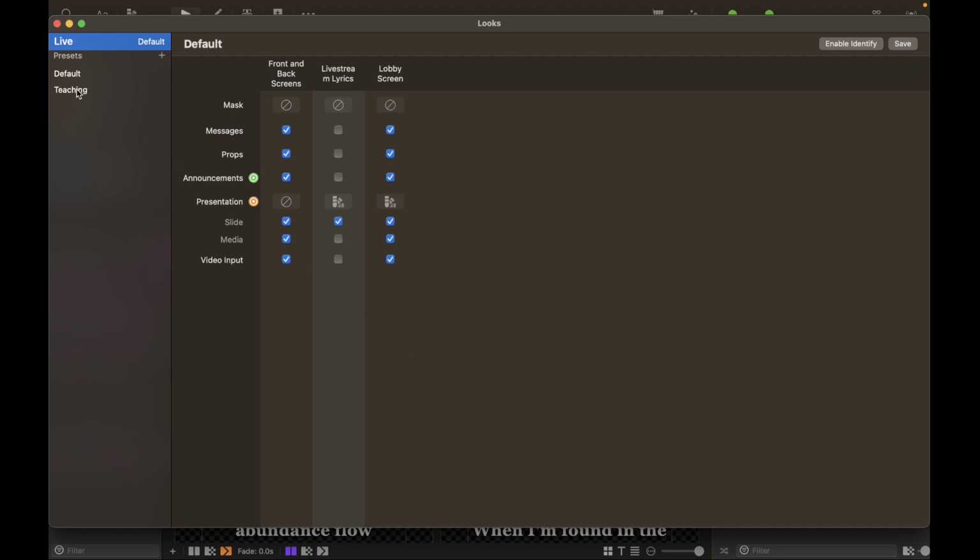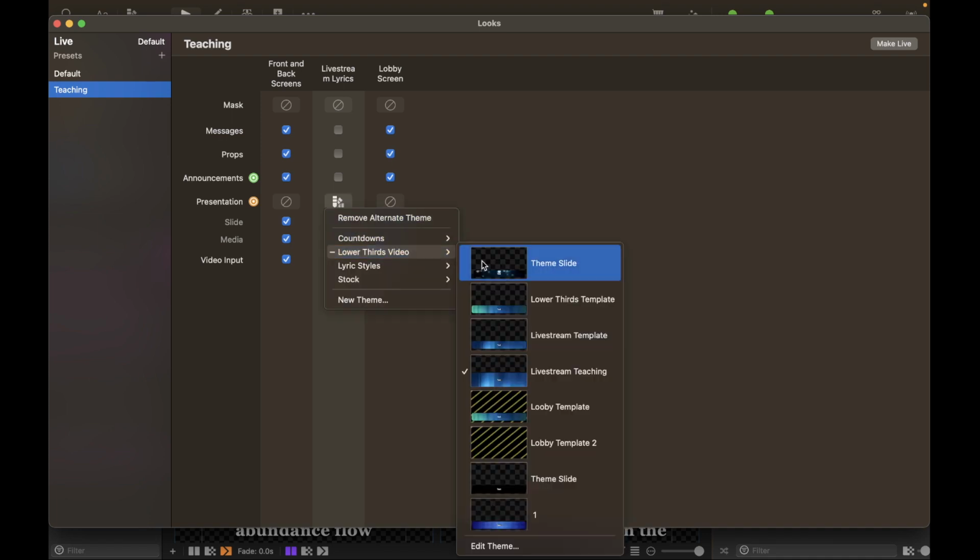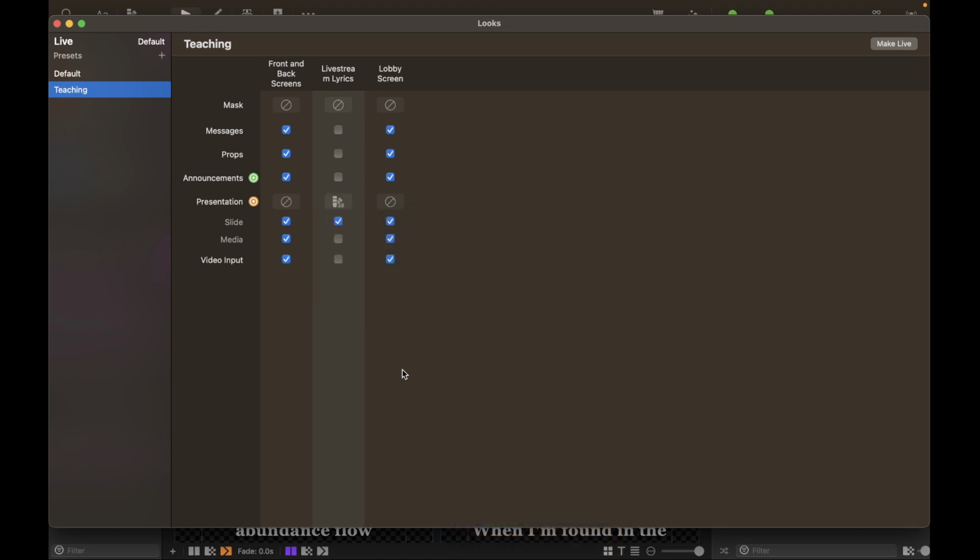That's where we're working towards. But look at this. I set up another preset called Teaching. And Teaching now does something a little different. The front and back is all the same as before. The live stream is the same as the other live stream, and it is just pushing the slide text. But now the template we set up is called Live Stream Teaching. Instead of Live Stream Template, it's Live Stream Teaching, which is a template we created that will feed now